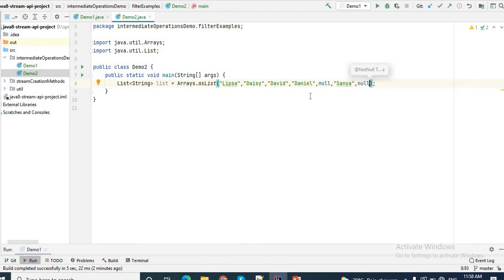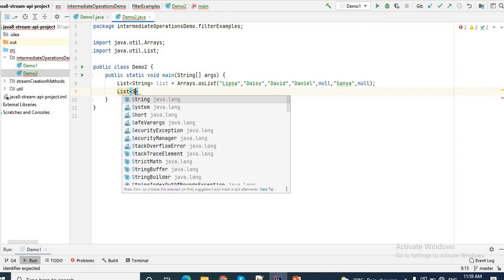Now I want to filter all the values which are not equal to null and also start with D. This is my filter condition. So here I have multiple filter conditions. I want to filter all the values which are not equal to null, and also the first letter of the name starts with D. For this, let me create another result list to store the result.